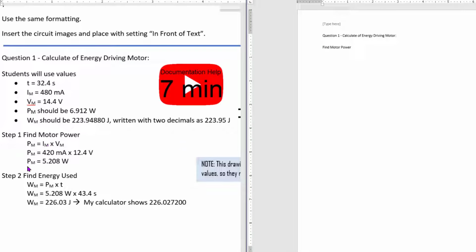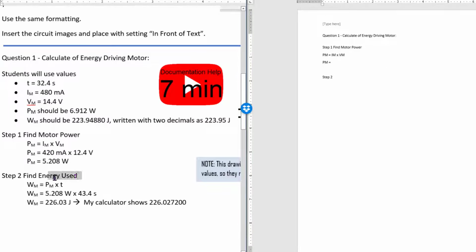And then I'm just going to start this. So I'm going to say PM space, and then I'm just going to start to do my calculations. I'm going to say IM times VM, and then I'm going to go down there again, PM. Now what I'm doing here, you can watch me do that in this formula video here. So I'm not going to continue doing that, but what I'm going to do is I'm just going to go down to the next one. And that was actually step one, pardon me. Step one, okay. So now I'm just going to go down here, step two,